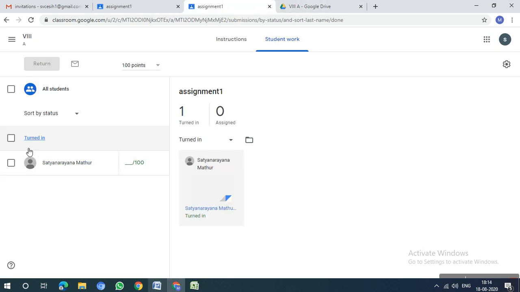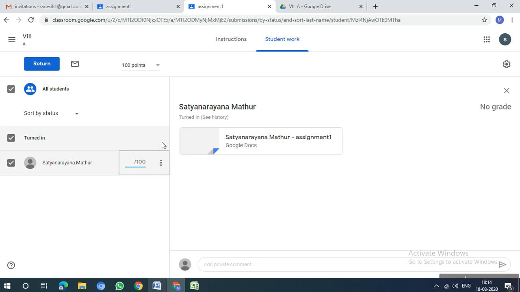So now we have given 100 marks. You can see here now. Suppose I want to give some marks to the student, so I'll say based on his this one, it is only 50 marks I am going to give. So now it is saving. Saving is automatic, you no need to save anywhere. Now it has been saved to 50 marks.